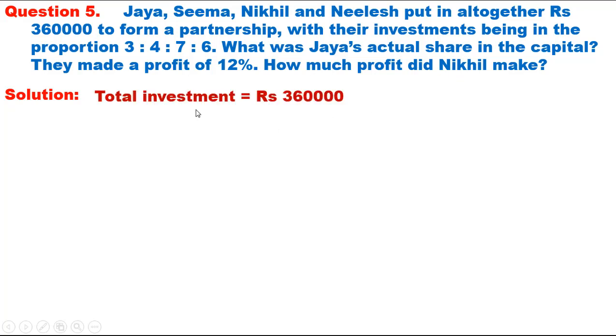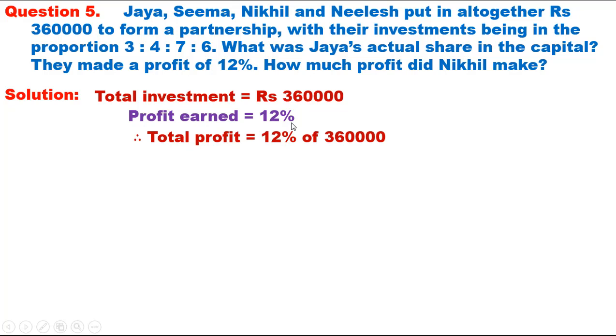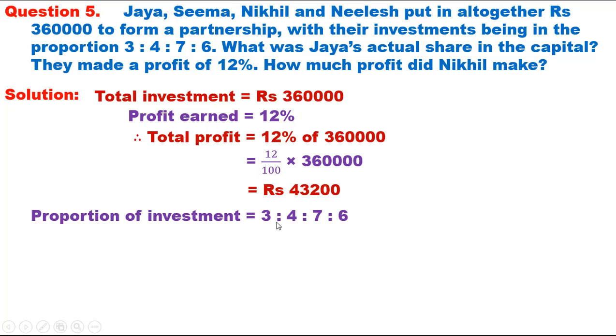Solution. Total investment is equal to 3,60,000. Profit earned is equal to 12%. Total profit is equal to 12% of 3,60,000. 12 upon 100 into 3,60,000 is equal to 43,200. Proportion of the investment is equal to